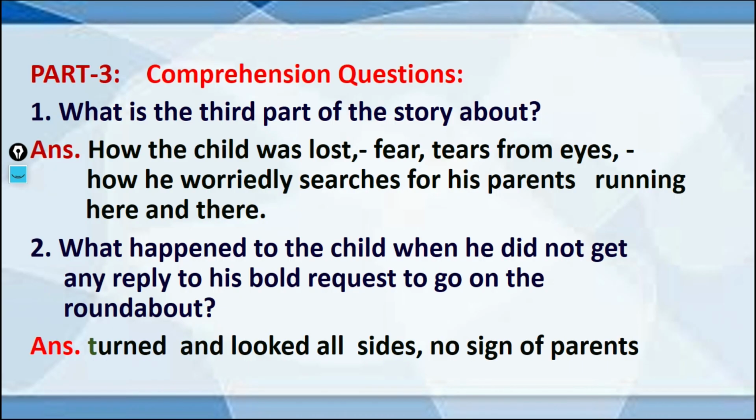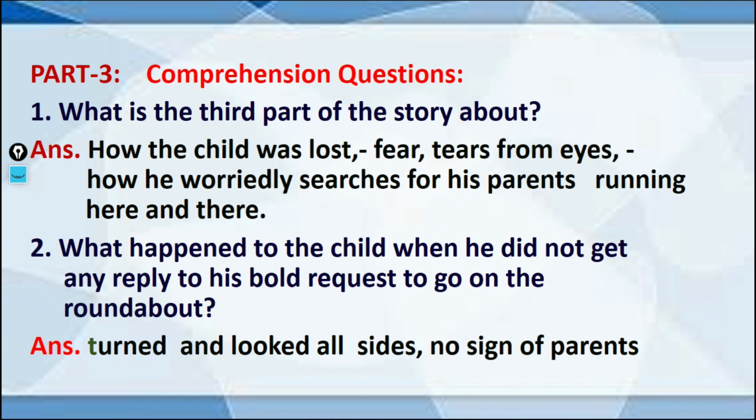Number 1, what is the third part of the story about? This is a global question. So what do we know from this part? How the child was lost? This part is about the lost child, how the child was lost, and how he was afraid of everything, right. So tears from his eyes came down, and how he worriedly searches for his parents running here and there. So this part is about how the child was lost, missed his parents, the parents were not present there,